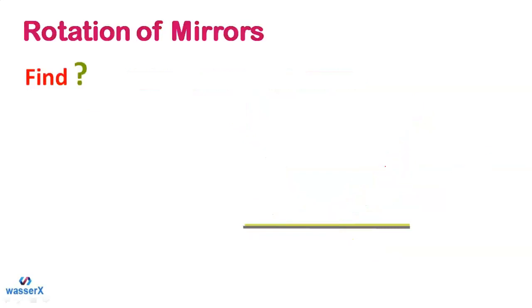Let me take you forward, and I'll explain this in a very detailed manner. When we say the rotation of mirror, we have to find out this question mark here. Let me show you each and every step of the animation so that you can understand it better. Let's say this is the incident ray falling on a plane mirror at a point of incidence, let's say O. This is the mirror, M1, this is I, the incident ray, and this is the reflected ray, R1.